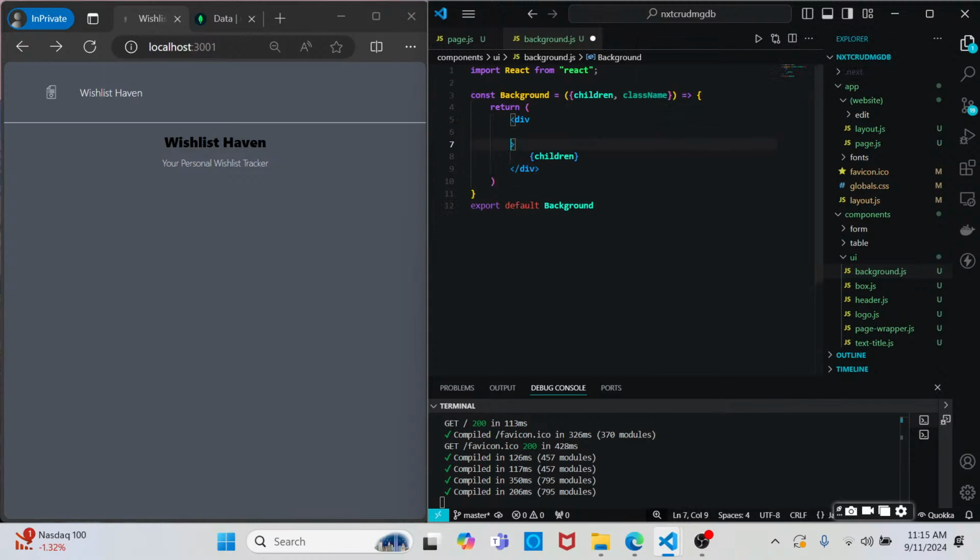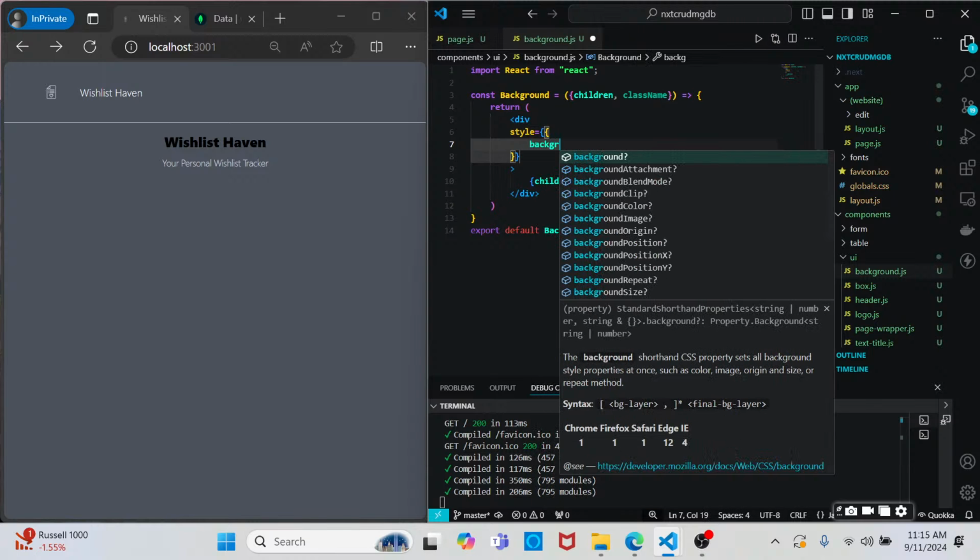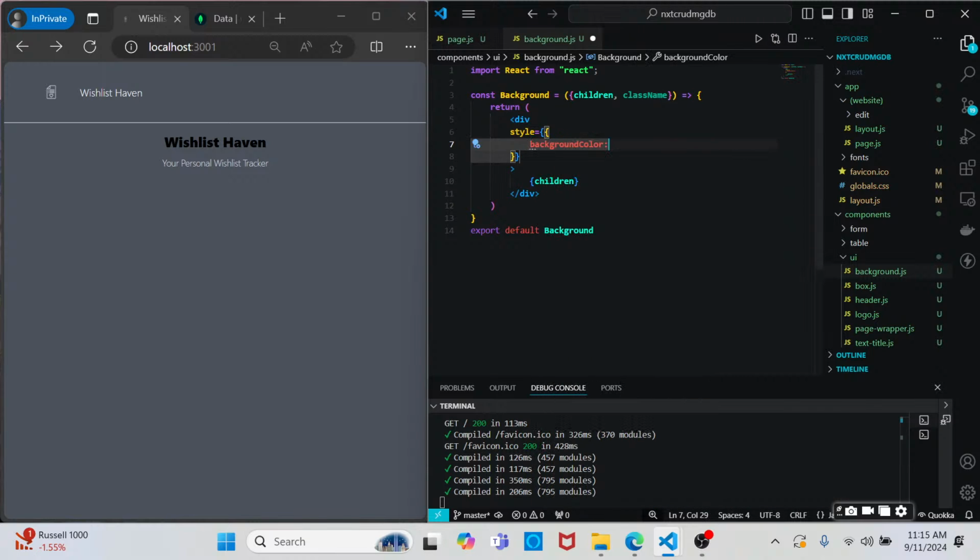So now what we want to do is within the div, again, this is strictly for style purposes. This isn't anything you have to do in order for it to work. I'm going to take advantage of a little bit of JavaScript and pass in style. And I want to pass in a custom style. So I'm going to set the background color to RGBA. And it is going to be 17, 25, 40, 0.75,